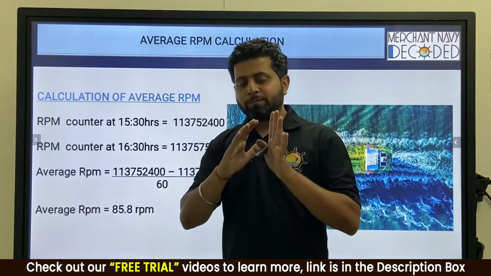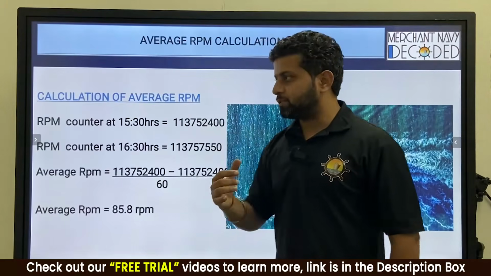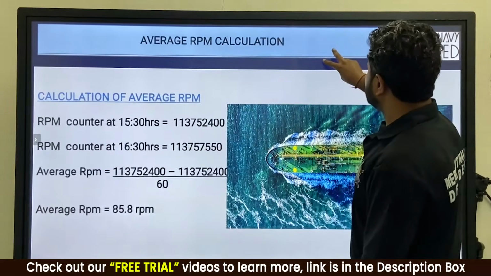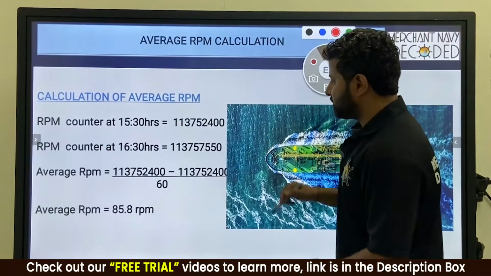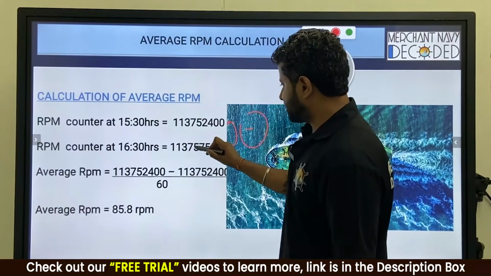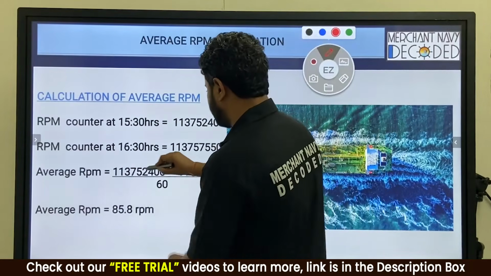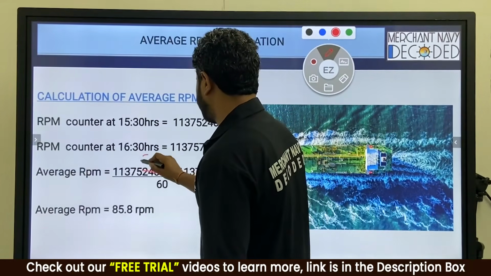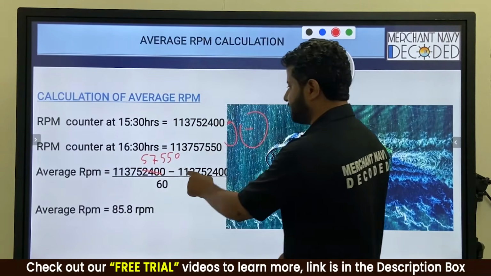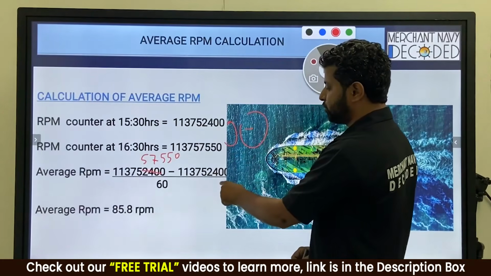And then once everything has been done and you have taken performance, then you take the RPM counter at 16-30 hours. So for 1 hour you have taken the RPM counter. So this minus this, so this is 113757 actually, minus 11375240.